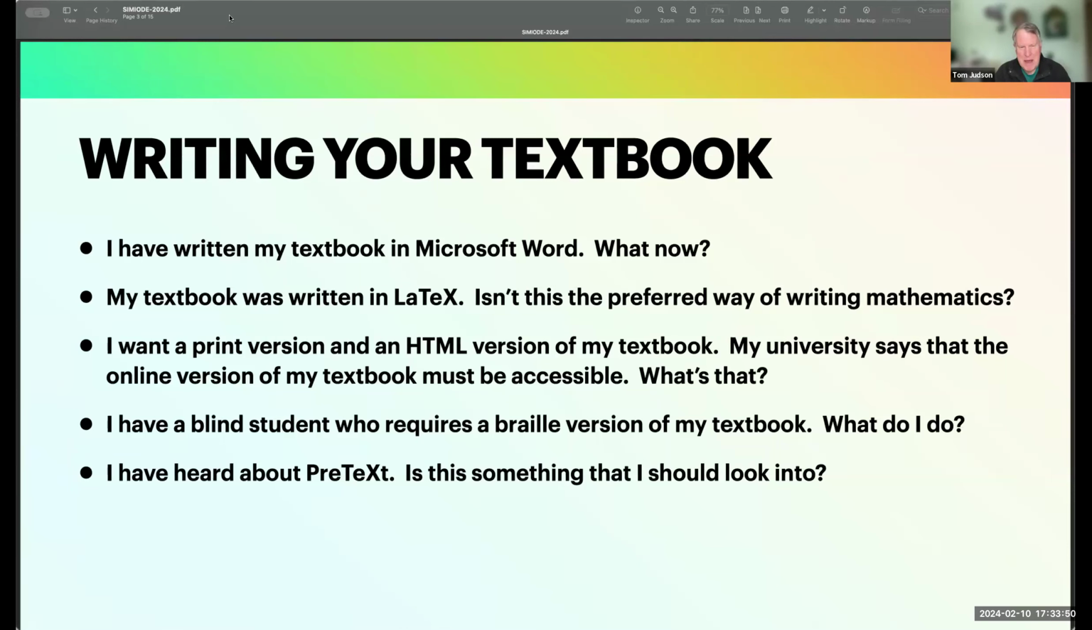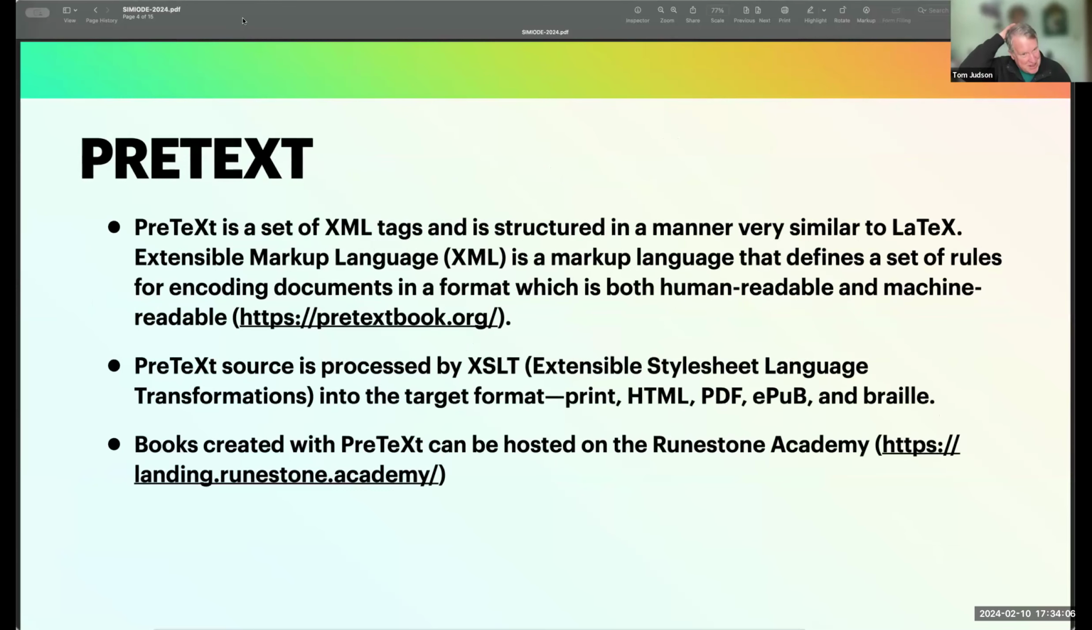And maybe you have or have not heard about PreTeXt. It's an authoring language that sort of addresses all of these issues. Okay, is this something that you should look into? So PreTeXt is a set of XML tags, and it's structured in a manner that's very similar to LaTeX. Okay, you write your document in PreTeXt. You have to follow a certain set of rules. Okay, and then you process that, and from the same source, you can get print, HTML, PDF, EPUB, and even Braille. The Braille does not come out perfectly, but talking to people who have had Braille,